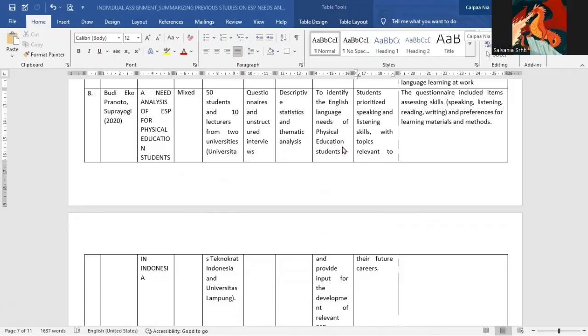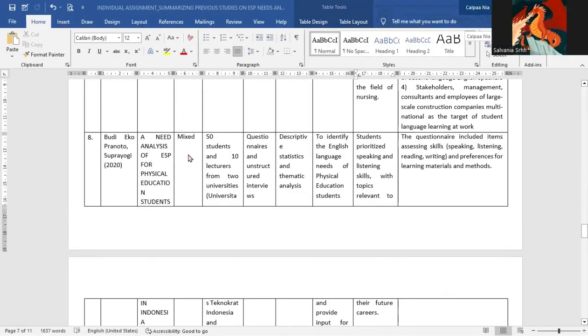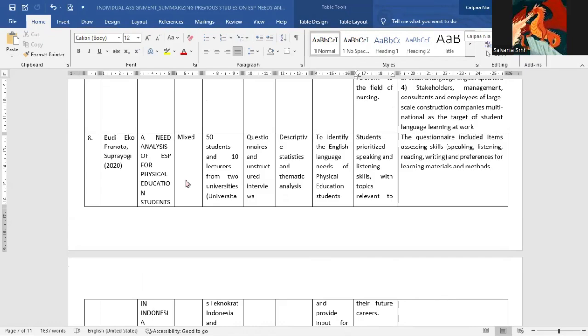The study aims to analyze the language needs of physical education students in Indonesia and develop ideal ESP material according to their needs. This used a mixed method involving 50 students and 10 lecturers